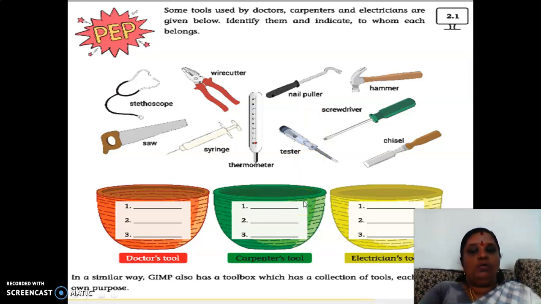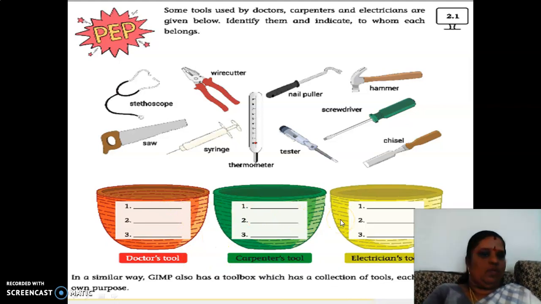What you want to do is identify the doctor's tools, the carpenter's tools and the electrician's tools and write them accordingly. This is the first PEP activity given.